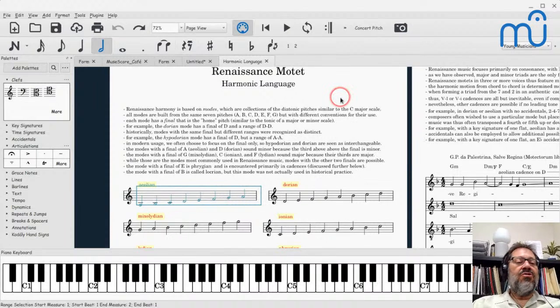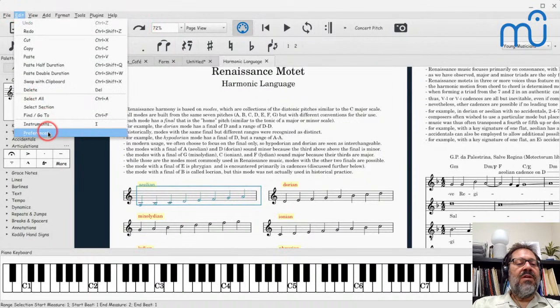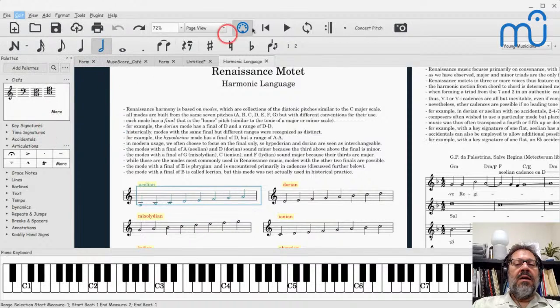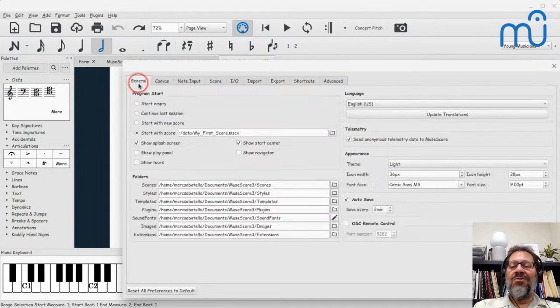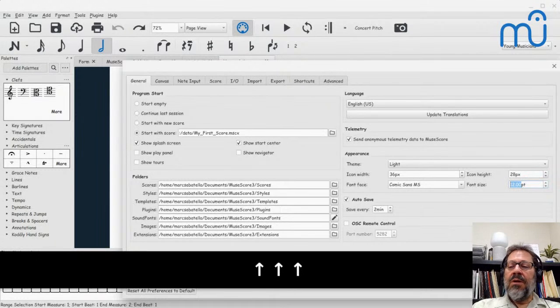So my young musicians workspace. What did I do here? Well, I went to Comic Sans as my font. Apparently not very big. I should have picked a bigger one. Maybe I actually customized it. I can't remember. If I go to Edit Preferences. Or it could just be that I created this on a different system and the font sizes don't match. That could well be. So let me go with a bigger font here,